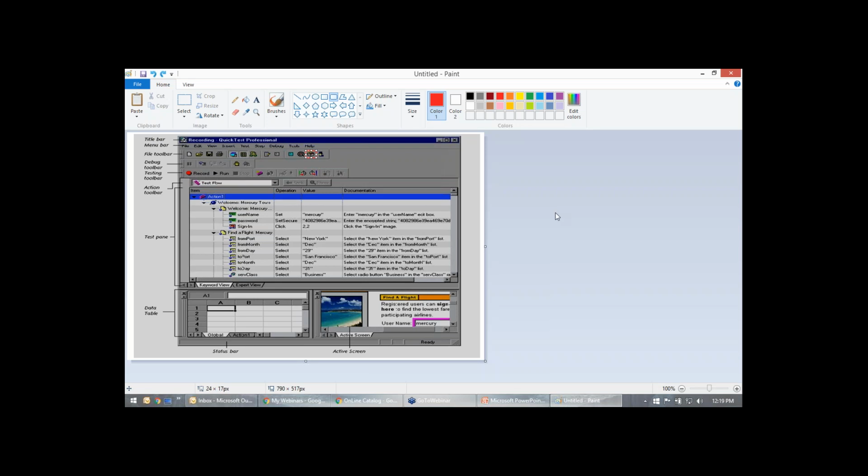QTP can only understand objects, so you want to store any information about the object in it. Then you have this man with the hat. Can you see that? This guy is called Object Spy.